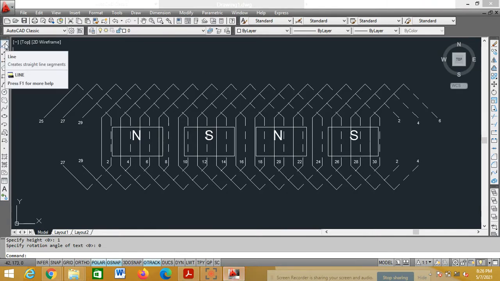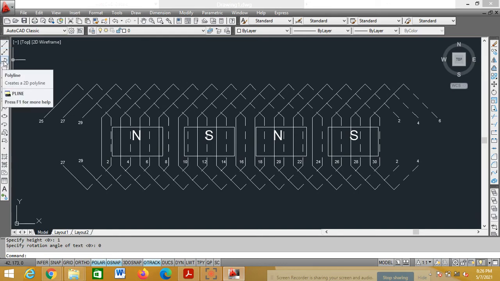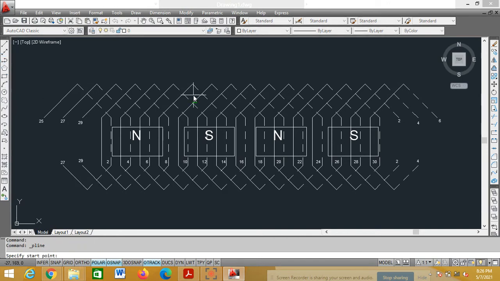So in the drawing toolbar, you have line, construction line, polyline. Select the polyline option. Click above the YB connections. Click here. Specify the start point. See the command window. Click. It is asking specify the next point or arc, half width, length, undo width.